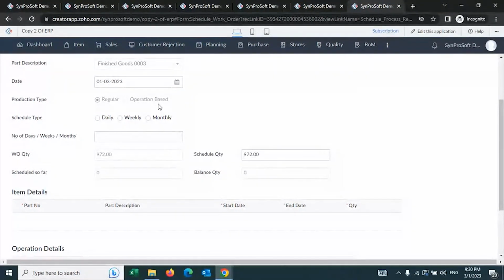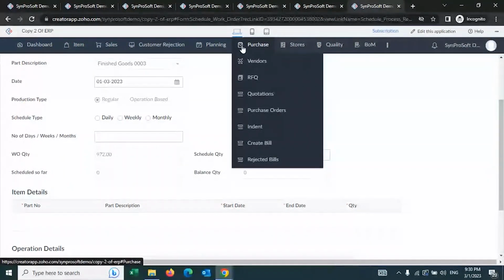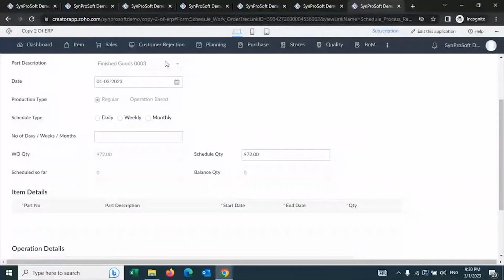So for this particular quantity, we are going to define how I am going to create the schedule. Let me just show you this. Now there are 3 types of scheduling that you can do, namely daily schedule, weekly schedule, or monthly schedule. When I started the demo, I talked about one of the important things where monthly schedule can happen. For example, a customer is giving you an annual purchase order and he is asking you to produce X quantity every month for the next 12 months.